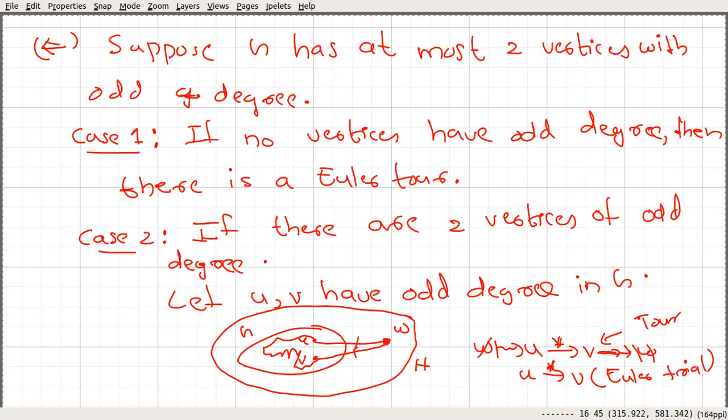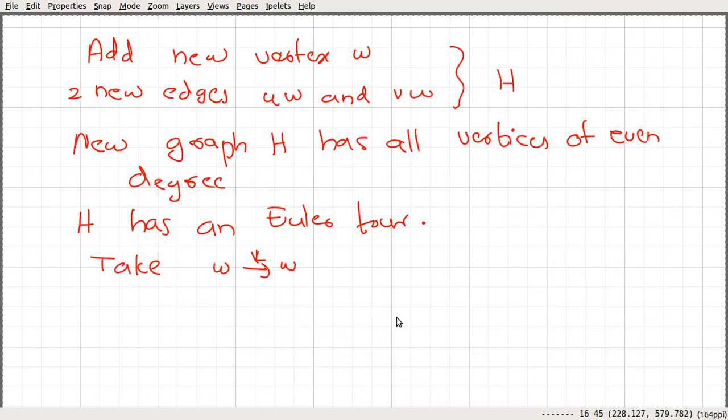From W you use this edge, move to U, and from U you trace out an Eulerian trail here. You move back to V, and from V you move back to W. Now we have an Euler tour. Take this Euler